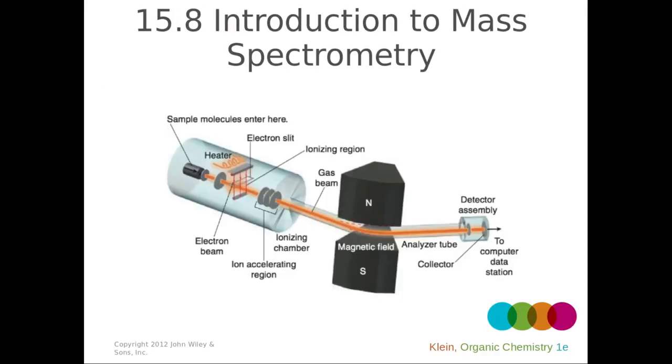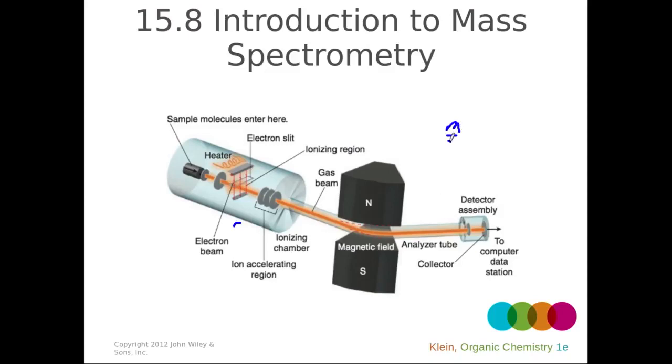Okay, so this is what the instrument kind of looks like here. So the samples are injected into a port, and then they're heated in the sample chamber, and then they're usually hit with an electron beam so that they are ionized, and we'll talk about how that works. Then the carrier gas carries them through this magnetic field where they are deflected. The ions will be deflected, and they'll hit the detector, and they'll hit the detector according to their mass to